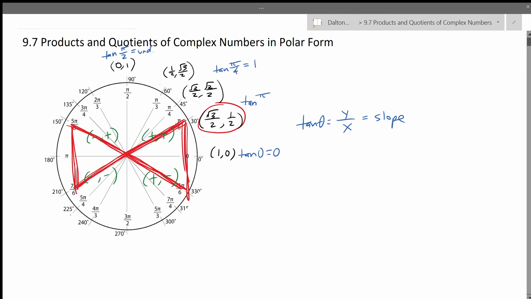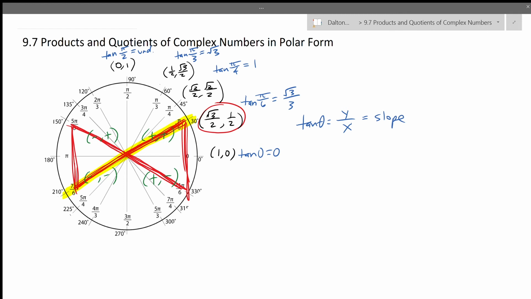You get the tangent of pi over 6 is equal to square root of 3 over 3. And then the pi over 3 angle, when you divide square root of 3 over 2 divided by 1/2, you get that the tangent of pi over 3 is just equal to square root of 3. Now, again, if you can generate the first quadrant, then all of the angles that are 180 degrees across the unit circle will end up having the same tangent value,